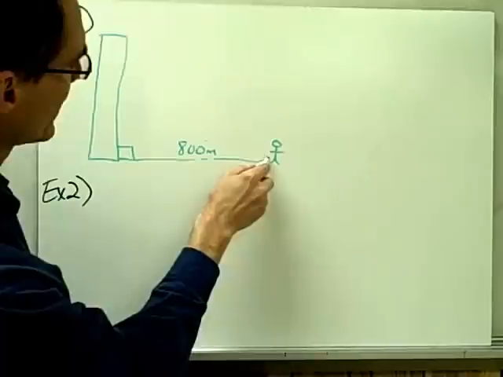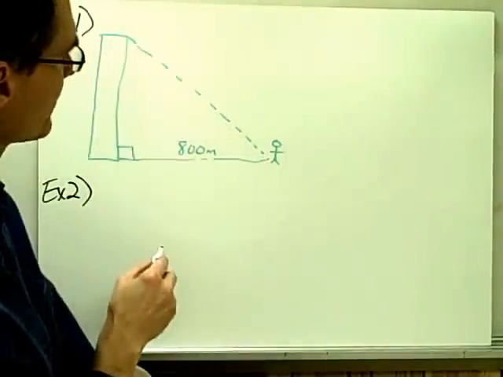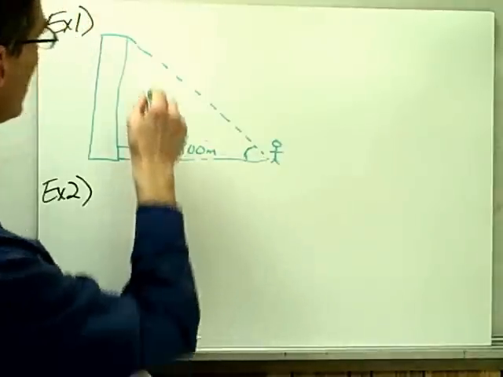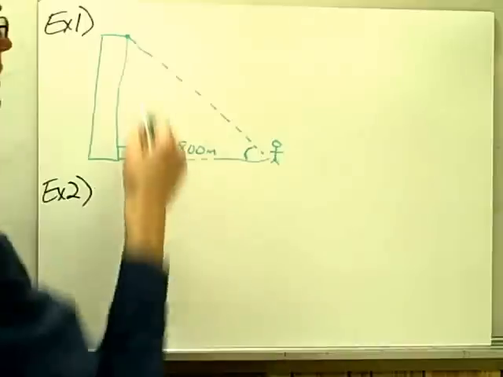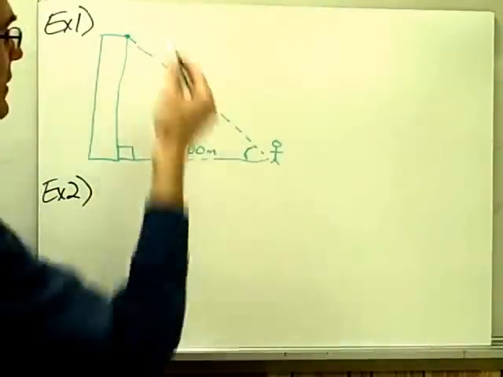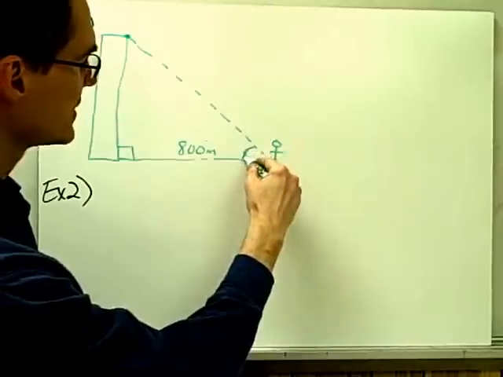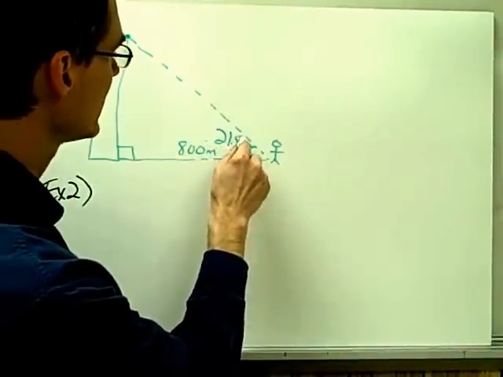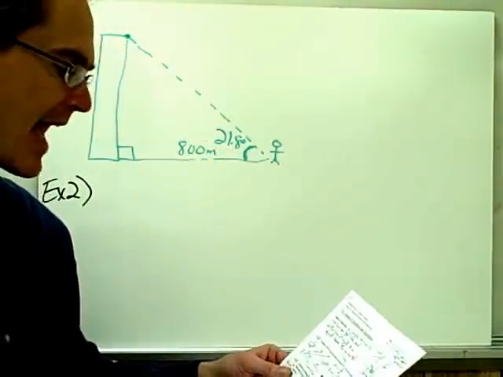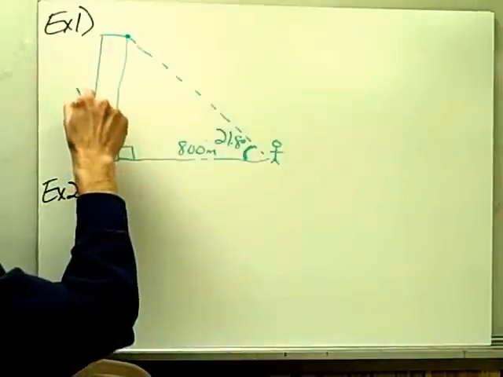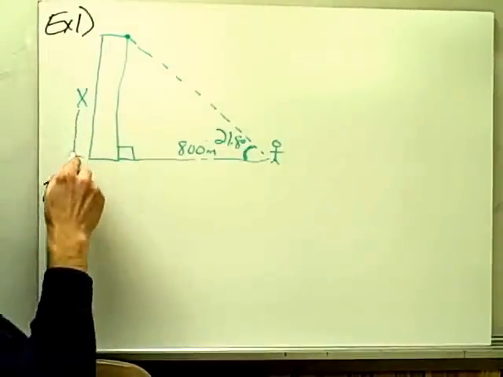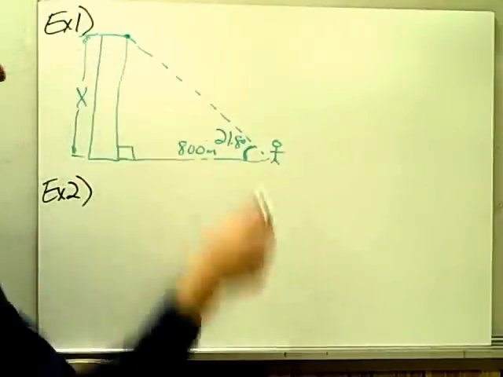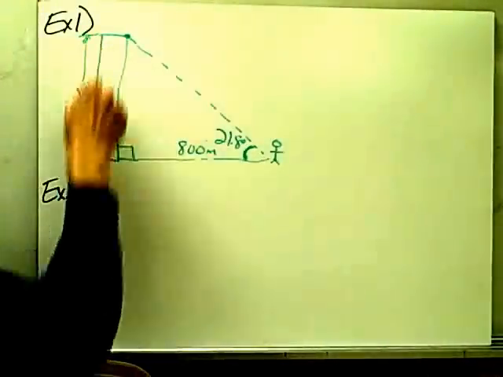The angle of elevation to look up to the top of the building is 21.8 degrees. Okay, so if this person down here on the ground is looking up at the top of the building, this then is the angle of elevation. Here's my horizontal line. Here's my point up above the horizontal line, the object, if you want to think of it that way. And so my angle of elevation is this angle right here, and I'm told that angle of elevation is 21.8 degrees. How tall is the building? So I'm looking for this value here, the height of the building. Here I've essentially drawn a right triangle, and I'm looking for the length of this side